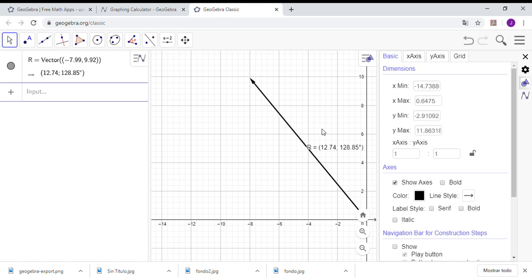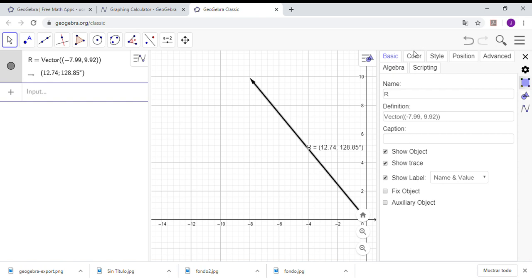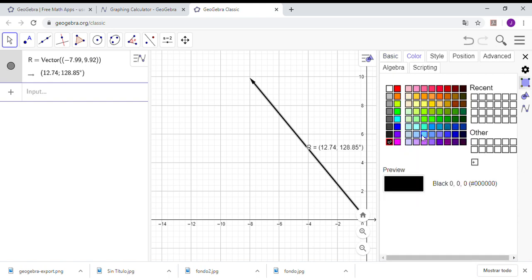Okay, so we can change color over here. For example, well, I like blue, but you can put, I don't know, pink, yellow, green, gray, whatever color you like, even purple. Okay, you can put rainbow, or you can put orange. Well, I will choose blue because it's the color I like. So you go to X to leave this menu,